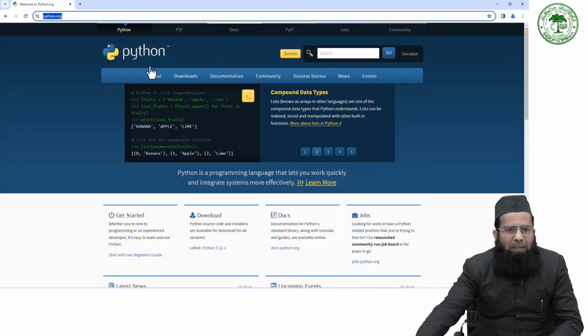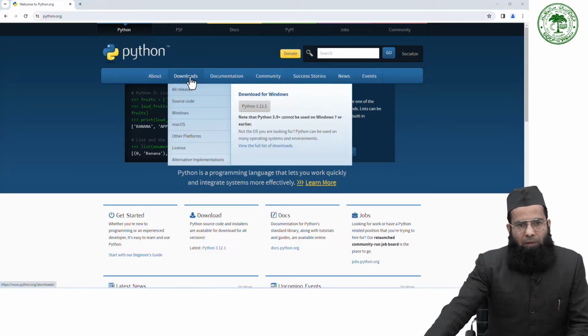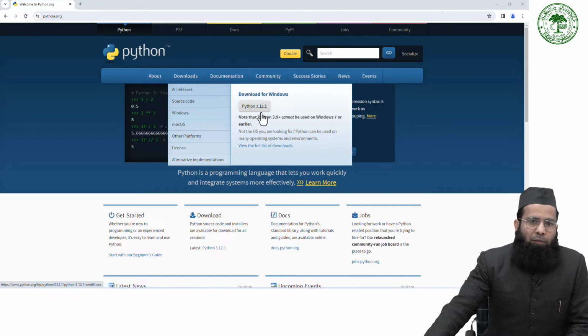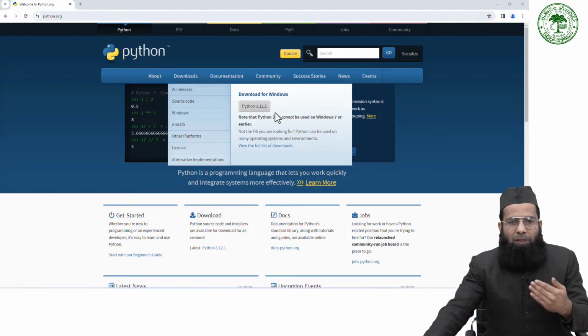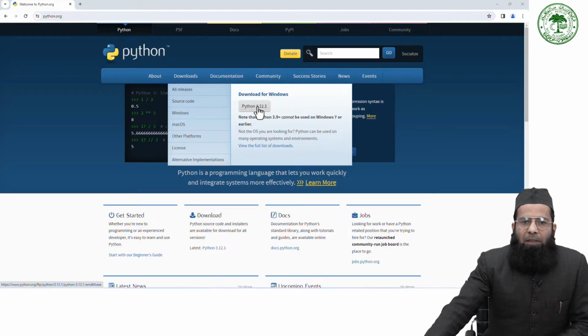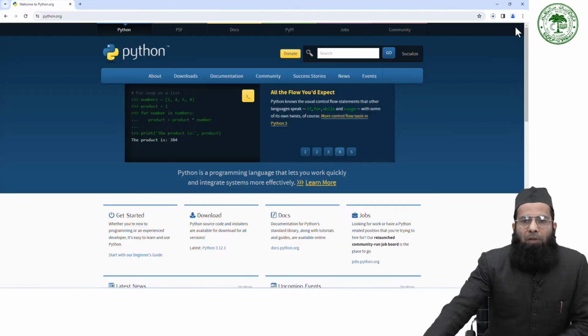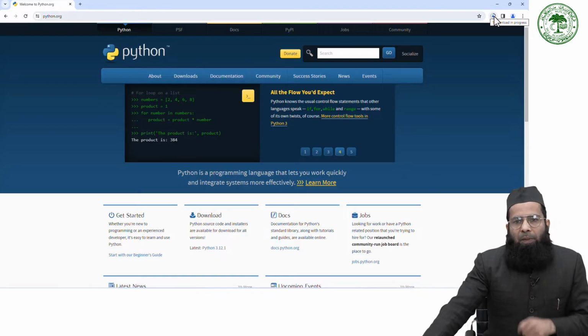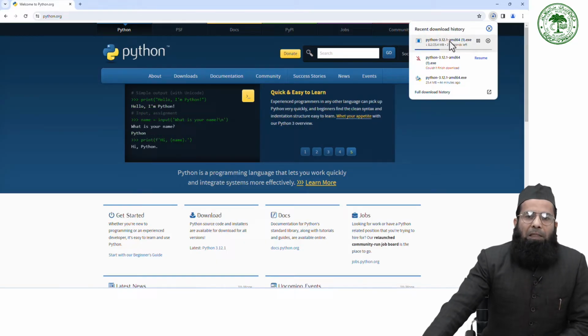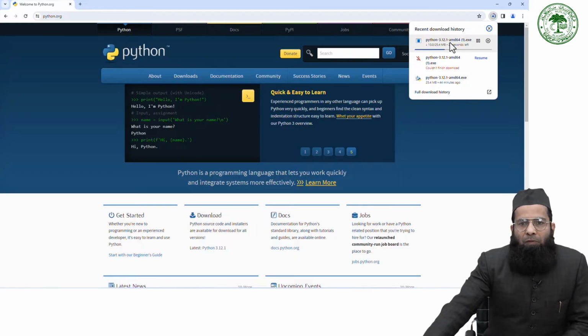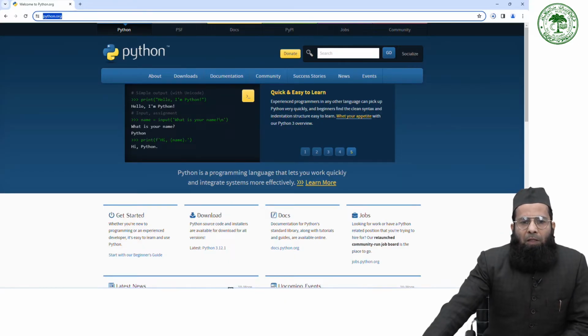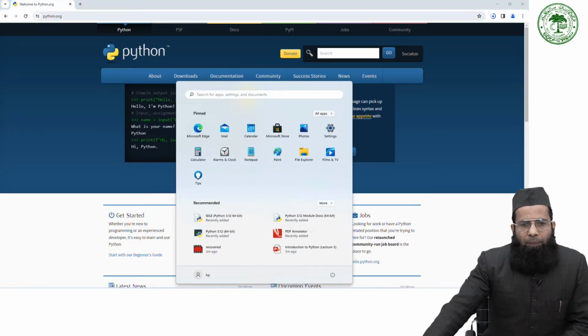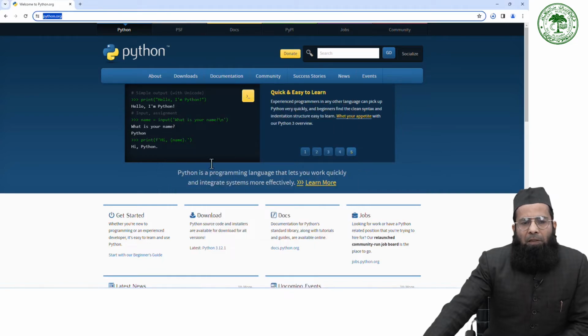So here is the Python website. Here you can see there is a downloads option, and you need to press this button for downloading Python for the Windows version. If I press it here, the download will start automatically. After the download of Python, you can double click it to install. Once it is installed, you can get IDLE from this option, and then just press it, and you will get